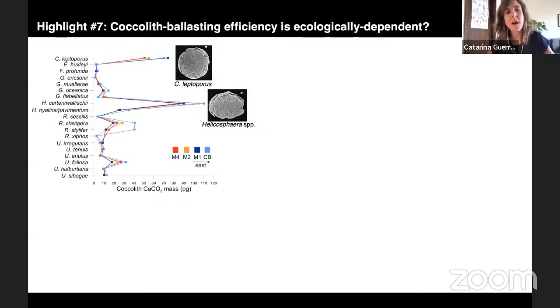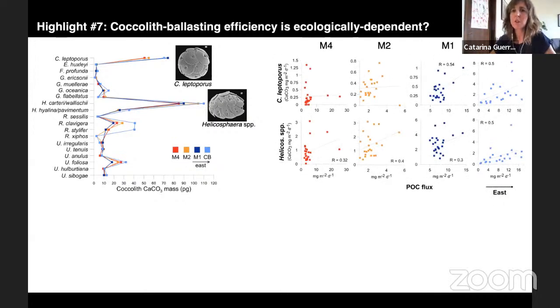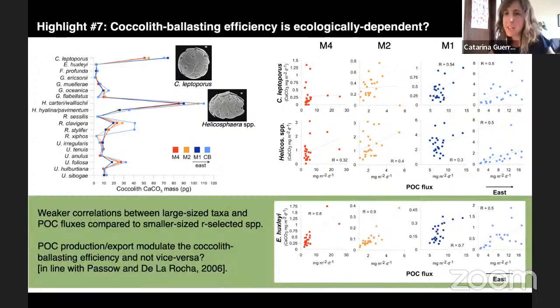Now, as expected, the species revealing the highest carbonate mass, coccolith mass, were in fact the larger sized coccolithophore species, including Coccolithus leptoporus and species within Helicosphaera spp. But when we investigated their potential role in terms of the coccolith-ballasting effect, we noticed that the correlation between the high coccolith carbonate fluxes produced by these species and the fluxes of POC across the transect were relatively weak, especially when comparing with the correlations revealed by the much smaller sized coccolithophore species, Emiliania huxleyi, which makes us question whether